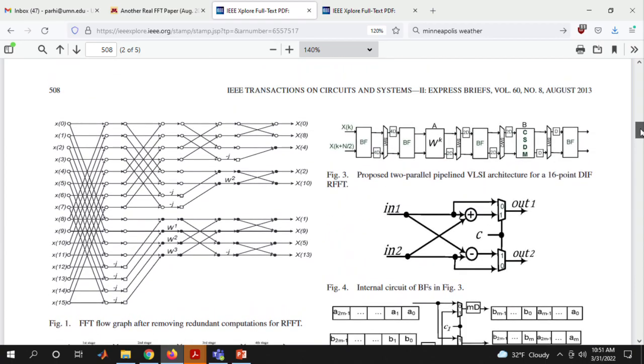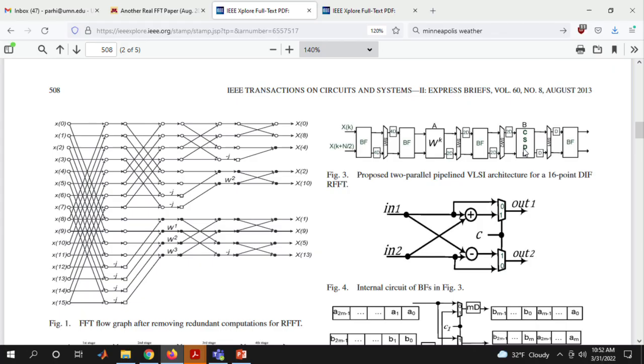So let's take a look at this design here. Butterfly, 4 delay, switch, delay, butterfly, 2 delay, factor multiplication, 2 delay, switch, delay, butterfly, 2 delay, switch, delay. This is a canonic sign digit multiplication. Nanda didn't talk about canonic sign digit. So we already know that when the angle is pi by 2, that twiddle factor is j. When the angle is pi, that's minus 1, and when the angle is minus pi by 2 or 3 pi by 2, that's